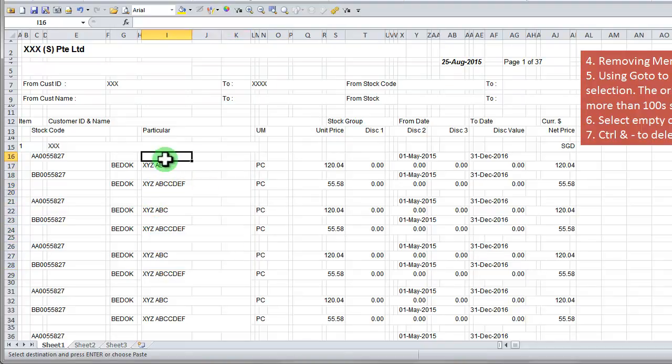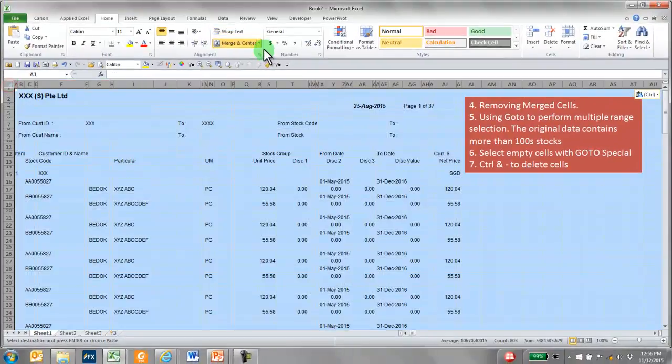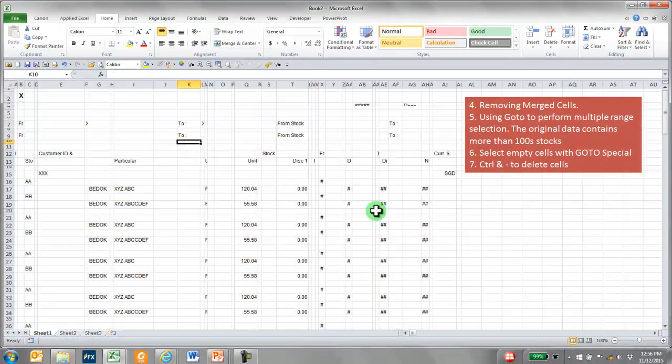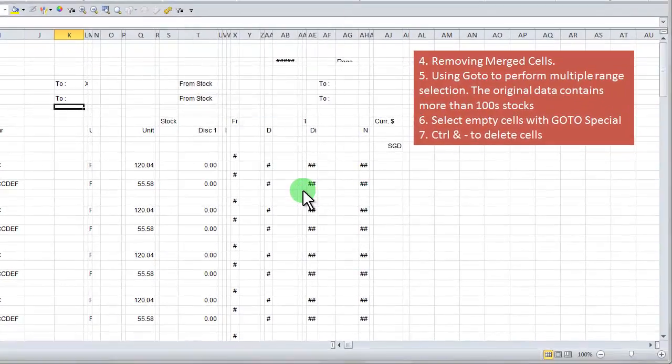Okay, these are merged cells, right? You notice that when I select, everything gets selected. And I want this column here. So what I do is click onto this one, Unmerge Cells. That's the first tip. Alright, second tip is I need to do the selection here, so I press F5 here